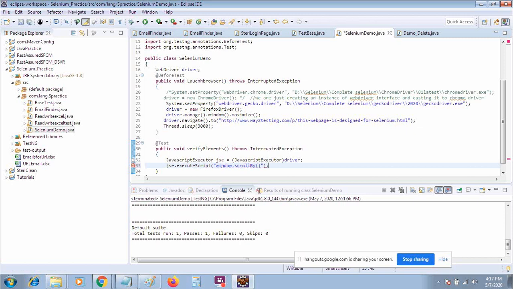Suppose I want to scroll by 20 on the x-axis and 600 pixels on the y-axis. When I run this, whatever page is open, it will just scroll it by this x and y axis. Let me run this so we can see how to perform it.